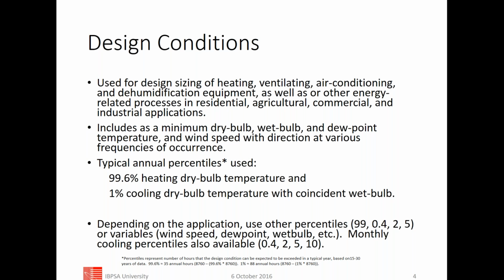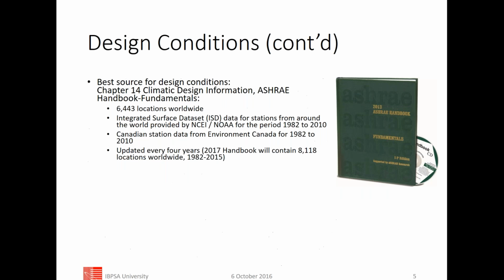I would emphasize this last point about monthly cooling percentiles. The peak month for cooling for a building may not occur in summer conditions. It may occur in a fall where you've got lower sun angles, deeper penetration of solar radiation in the space. So the monthly ones are now being recommended by the ASHRAE committee that does cooling calculations. Best source is Chapter 14 of the ASHRAE Fundamentals. There are